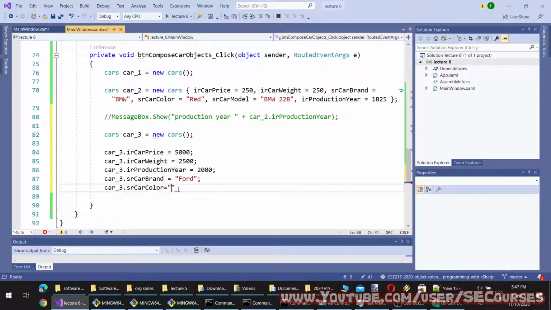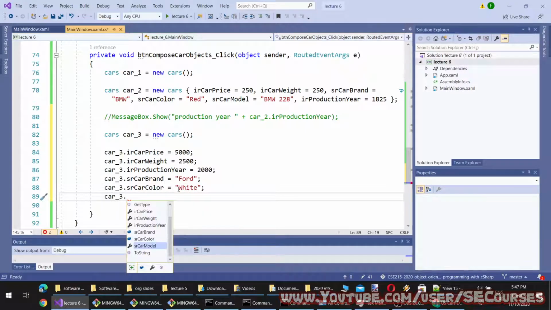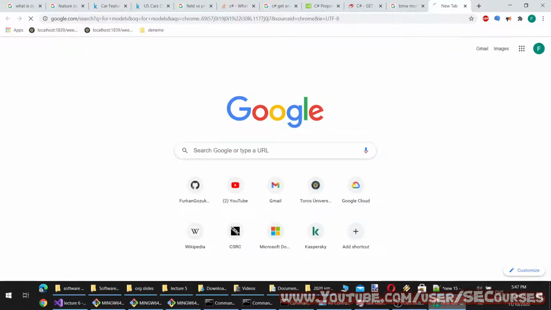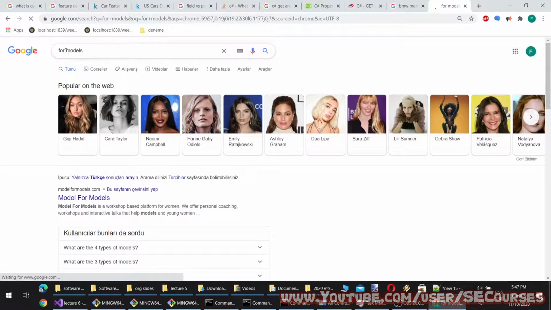So let's set the colors. Color will be, let's say, white. And car 3 car model will be, I really don't know anything about cars.